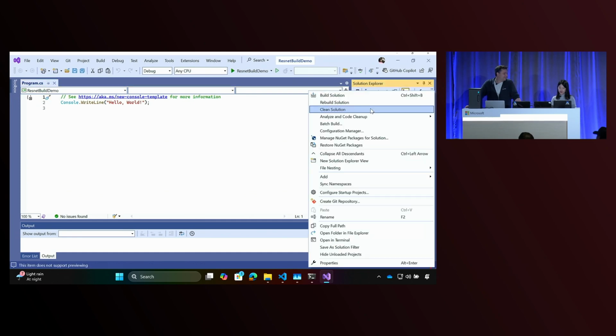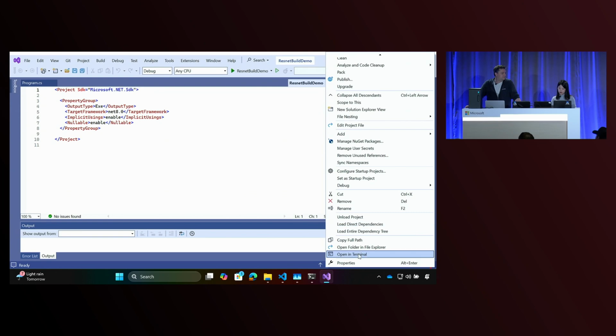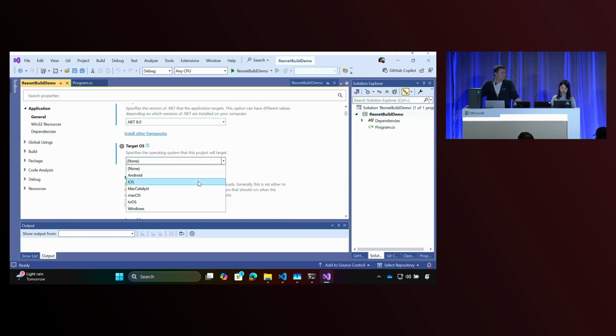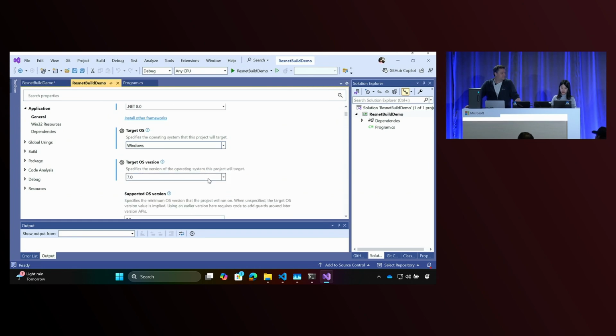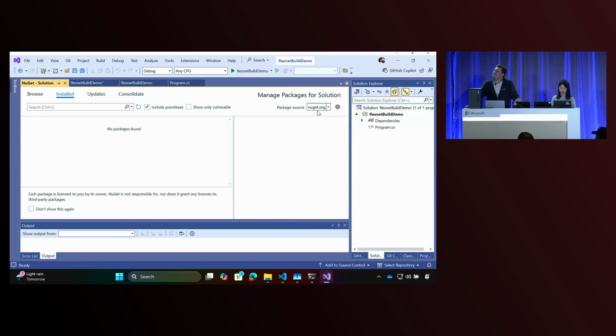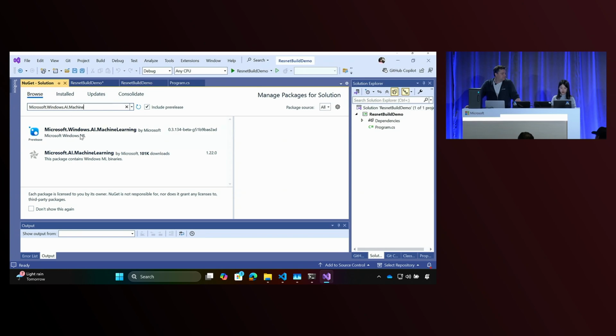The first thing we want to do is to change the .NET version. So I will open the project properties. So we'll change the target OS to Windows, and the target OS version will be 10.0.26100.0. The next thing we want to do is to install our NuGet package. So I'll bring up NuGet Manager. We'll search for our NuGet, which is microsoft.windows.ai.machine learning.